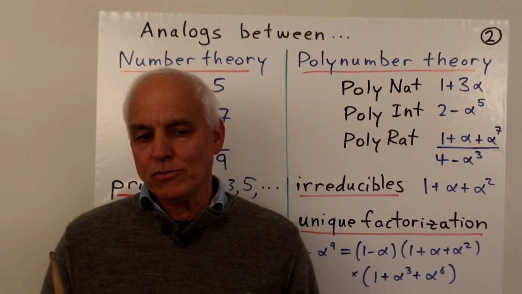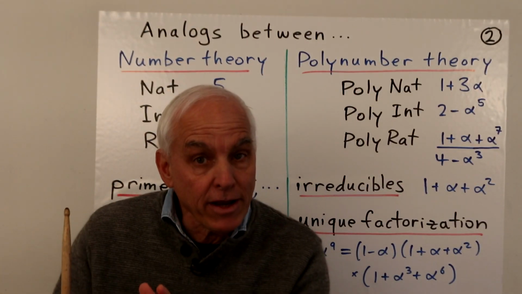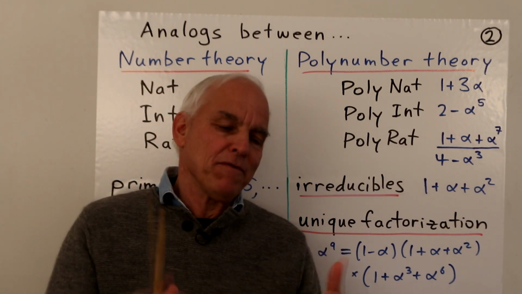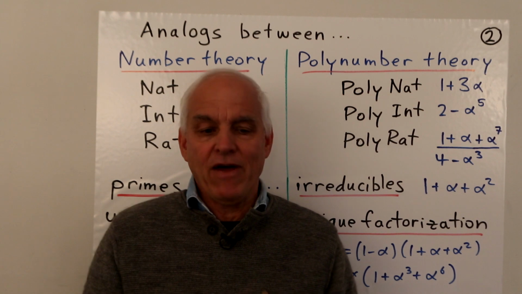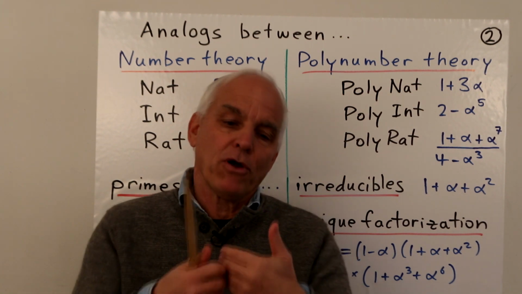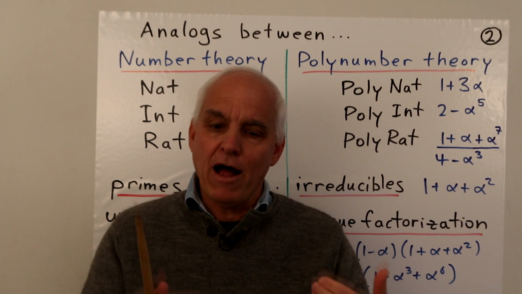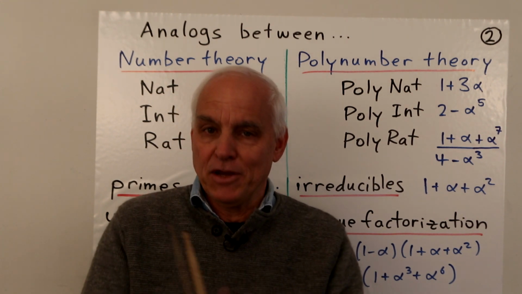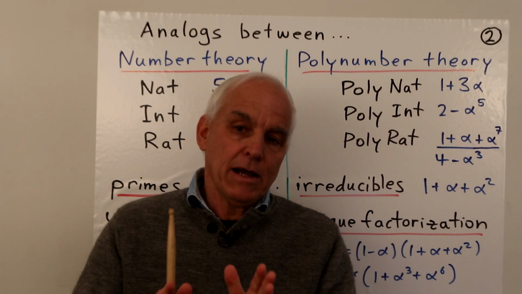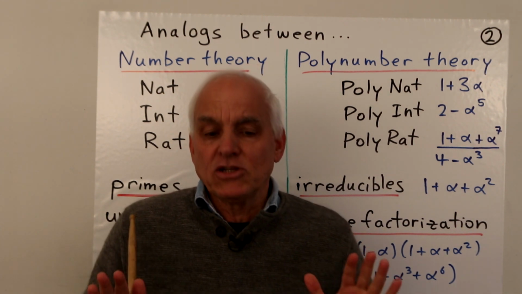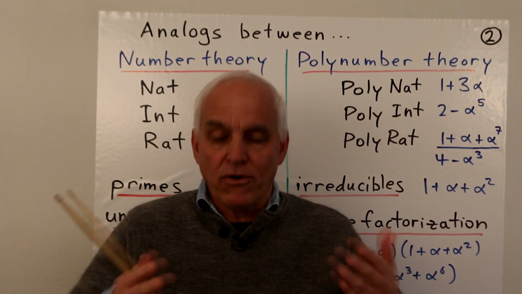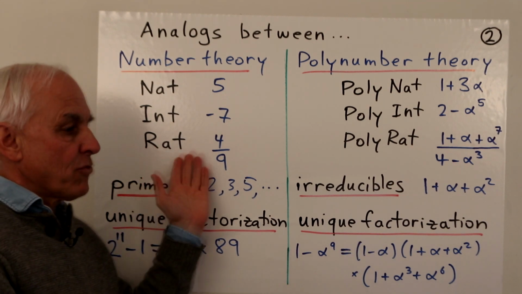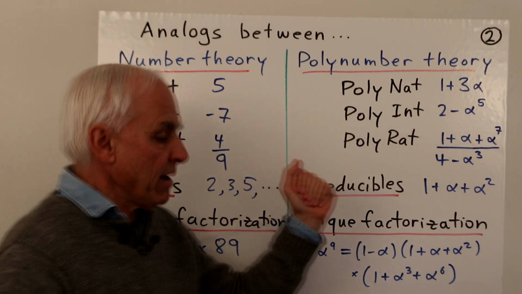Let's start out by looking at the analogy between number theory and polynumber theory. So polynumbers are my preferred way of thinking about polynomials. Instead of having polynomials in a variable x, I prefer to frame things in terms of polynumbers in alpha, and alpha turns out to be just a particular polynumber. So I basically have a data theoretic point of view towards this, and I will give you some references to that if you're interested, but it's not really crucial, but I do just prefer to use the language of polynumbers. So there's an analogy between questions of number theory and questions of polynumber theory.